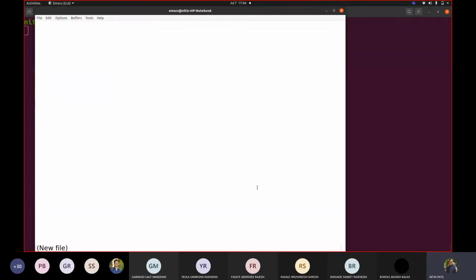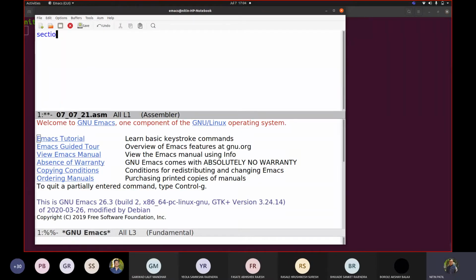So let us say today is 7/7/21. Let us say I have a data section declared like this: array dt 10, 20, 30, 40, 50. Okay, now let us say I am declaring one message, db, "value is %d". I am purposefully taking 10, 0, because I know that it is not added with a slash n, or a printf directly.